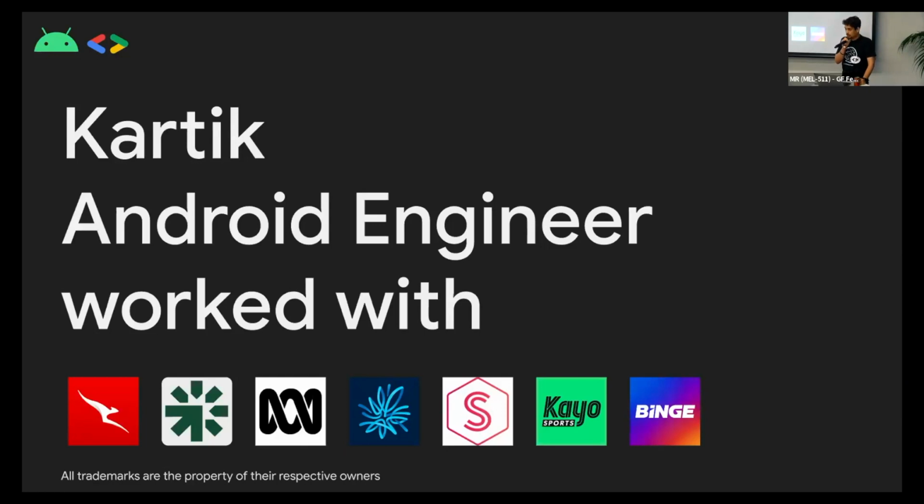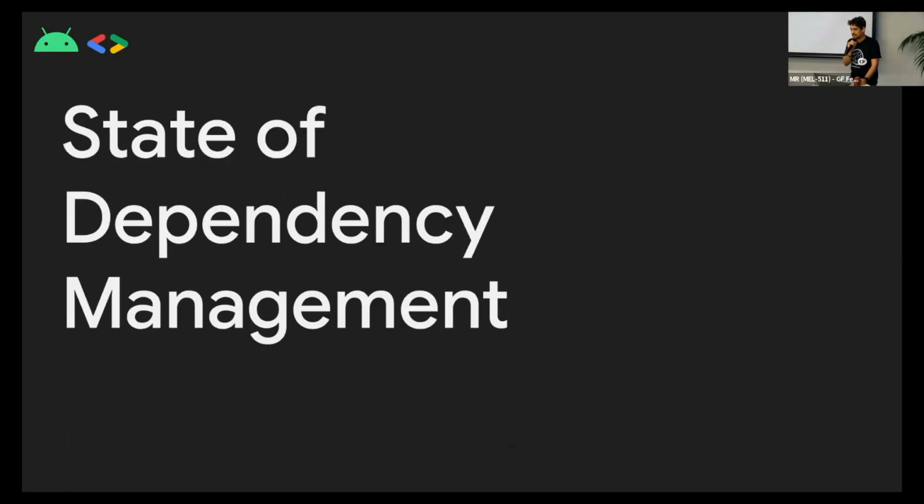So I worked with so many of the clients, and they've all had different ways of managing dependencies and the state of dependencies in their project. Especially the bigger clients like Qantas and StreamMotion, because they use similar dependencies across multiple projects. They want to keep things very consistent and very tight because they've got security policies and whatnot. This has culminated in this presentation, which I'm giving for the very first time anywhere. So you're all guinea pigs for me, thank you. And so I've got a bit to say about the state of dependency management then.